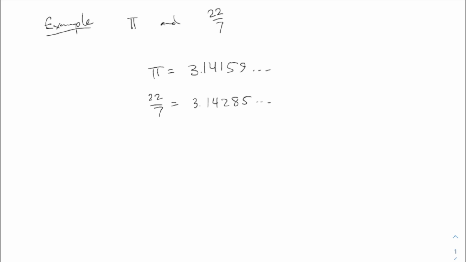Would you believe if I told you there's another rational number in between those two numbers? I guess pi is a little bit smaller, right? Because they agree up to this point at which pi has a digit of 1 and this number has a digit of 2. So if I were to draw them super zoomed in on the real line, they have this arrangement. Pi is less than 22 over 7. What do you think? Can anybody name a number between pi and 22 over 7?